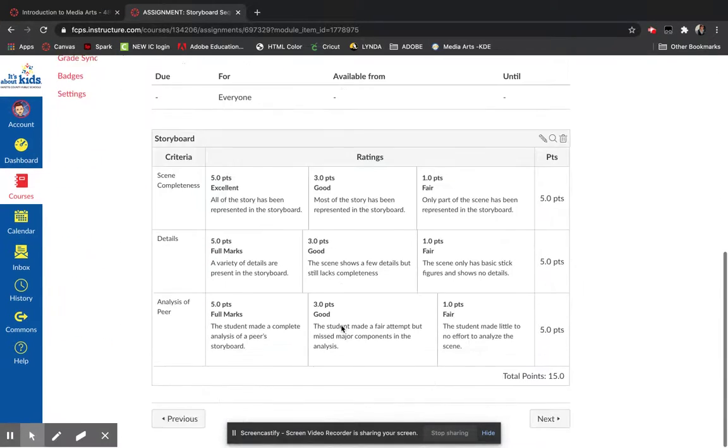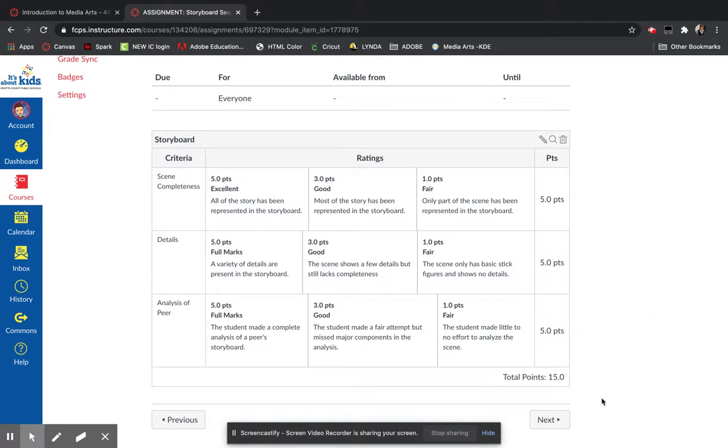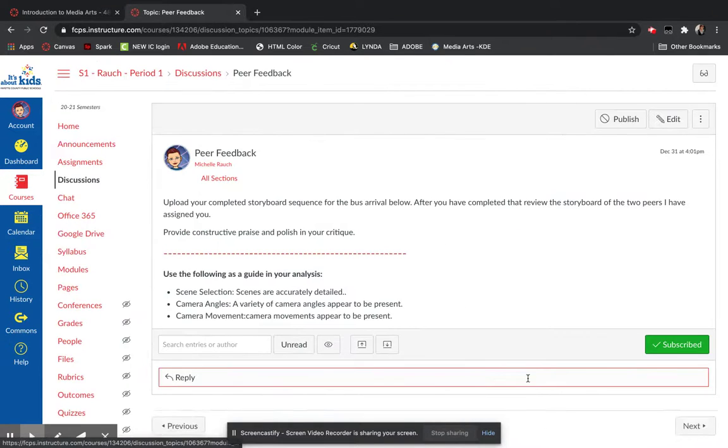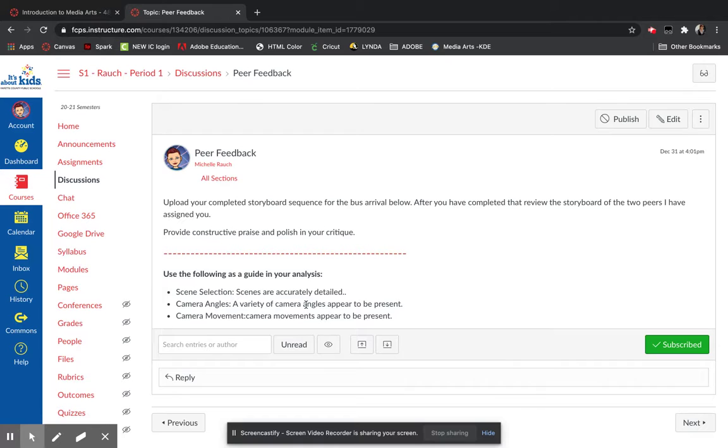And then down below, I have provided a rubric for them. That is for them to submit to me, and I will grade. However, there is another discussion. They will be uploading their storyboard, and then they will get assigned 2 peers. That way everyone gets a minimum of 2 comments on their storyboard,